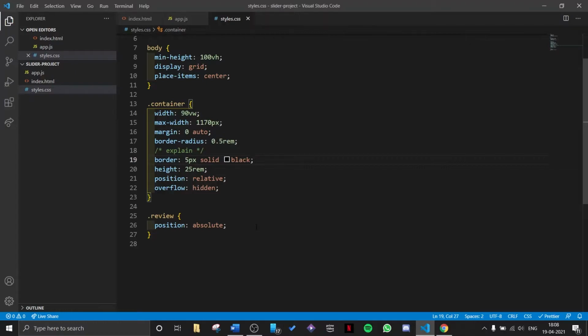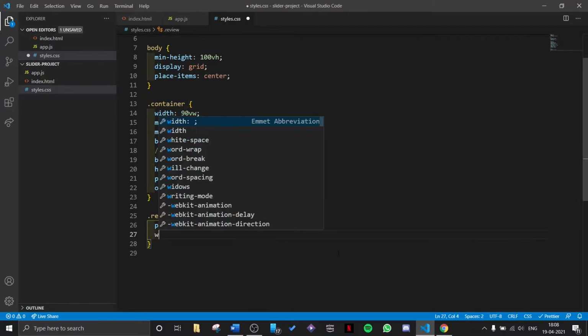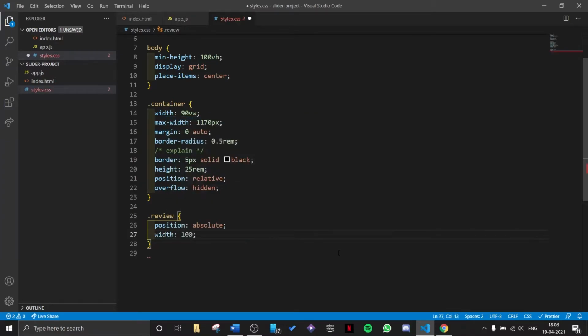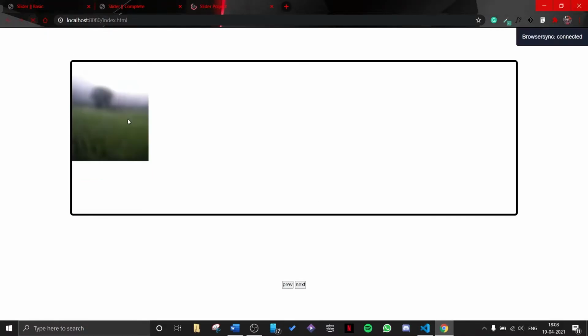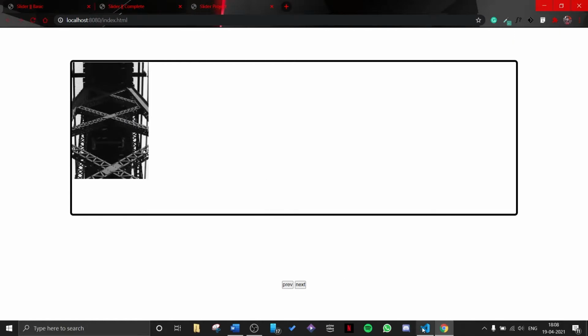Okay. So after position absolute, I will give this a width of 100% for all of our reviews and a height of 100% as well. And if we see, nothing changes.